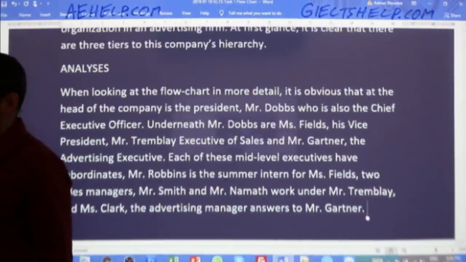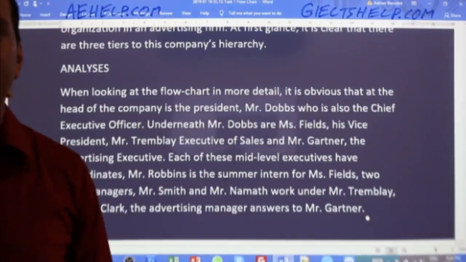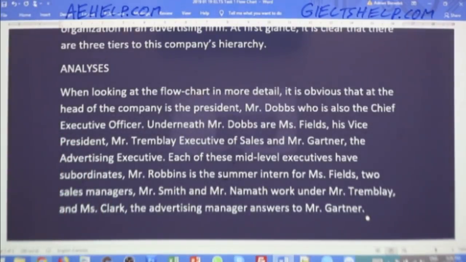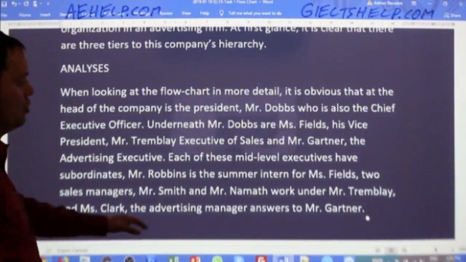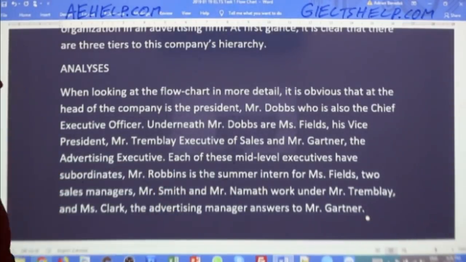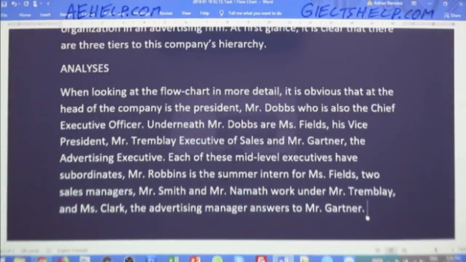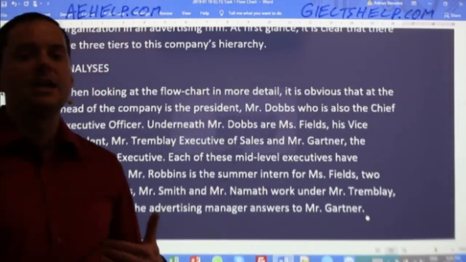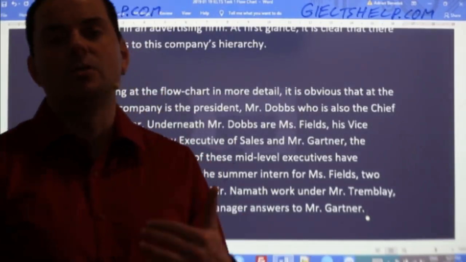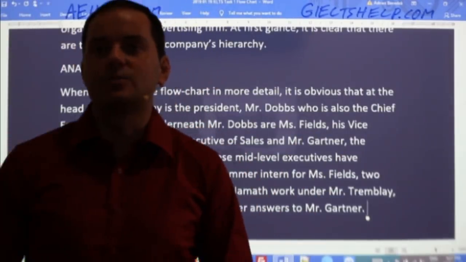Lots of commas here because it's all expressing one idea. All right. So we're all in one idea here of who works for who. So lots of comma use. This is where you really have to know your comma rules. But here's the sentence that describes that. Again, you can do this different ways. So if you think, hey, I think it's easier, Adrian, just to write about one department at one time, you can do it like that as well.